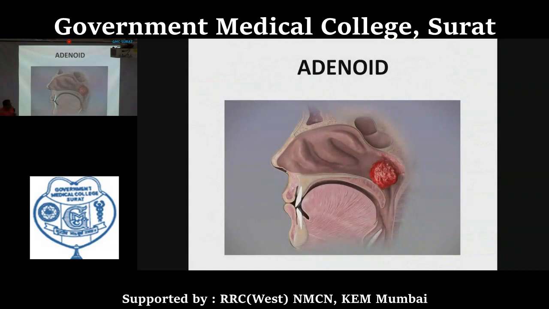Lastly, one applied aspect I would like to tell you, that in the nasopharynx, now here you can see that this one is the nasopharynx. And I told you about the wall of the nasopharynx, that the upper wall as well as the posterior wall is a continuous slope, and that is formed by the skull base. And here, just deep to the mucosa, there is a collection of lymphoid tissue that is known as the nasopharyngeal tonsil.